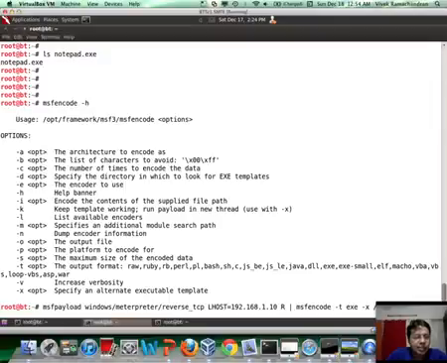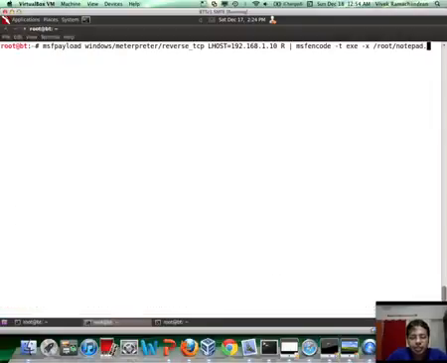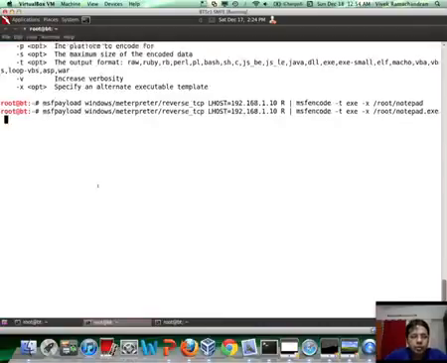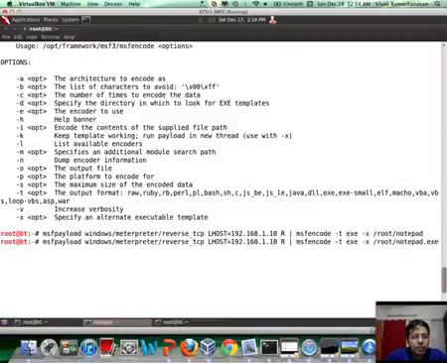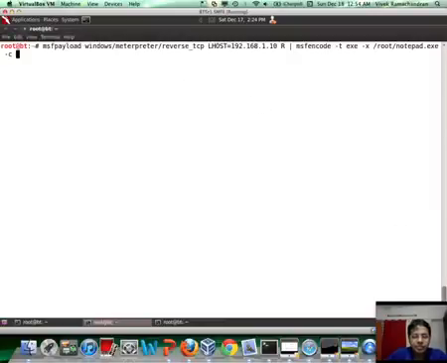The number of times I would like to encode with the default encoder, which is shikata_ga_nai, is let's say 10, and the output file I want is